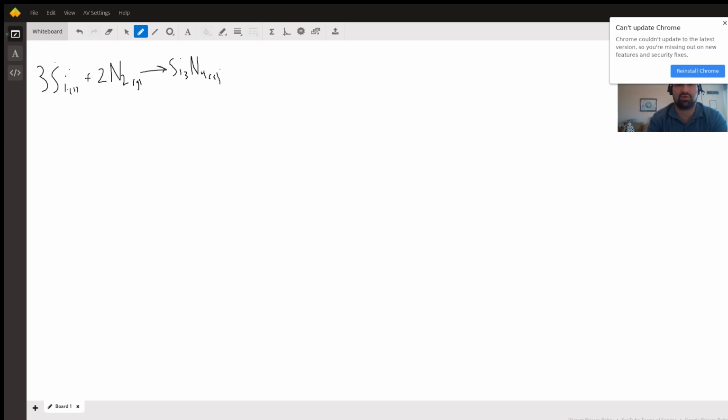So you asked about this question about nitrogen gas reacting with silicon, specifically to form Si3N4, and you asked what mass of nitrogen gas reacts with 10 grams of silicon, and you gave the respective molar masses, right? So you want to first look at the molar equivalents, right? So you know